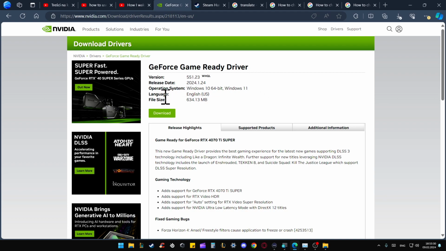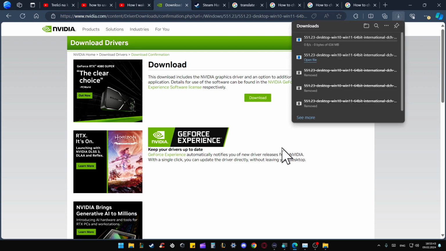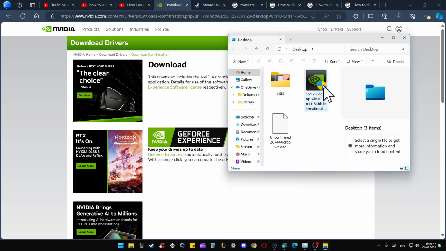Next, from this one, we'll have to click download because we just found the latest update. So click on the download button, and now on this page, we'll have to click one more time on the download. Now when you open the downloads folder, you can actually find this file, and you can click on it